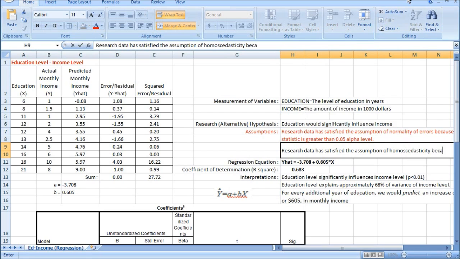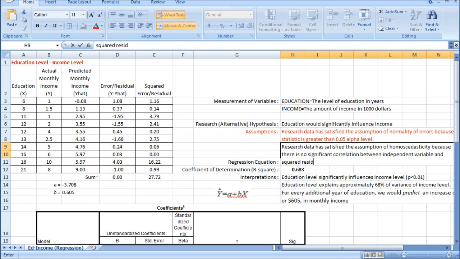Because there is no significant correlation between the independent variable and the squared residual variable, right? The p-value, 0.549, what was it?